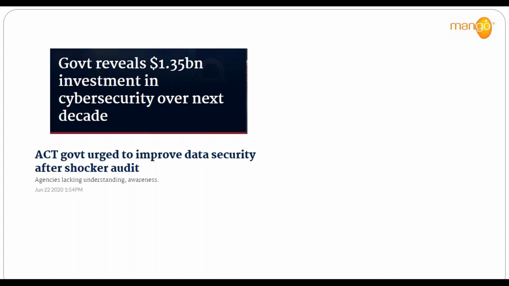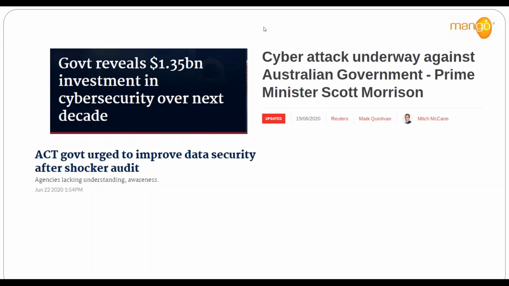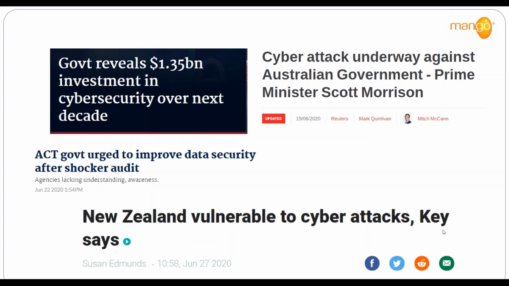The ACT government had a big audit recently, and it was a shocker. So they've been told to improve their data security. So there's that cyber attack underway. So that was last week. The Prime Minister announced that they were under attack. And then our ex-Prime Minister just recently, a couple of days ago, explained that New Zealand is also very vulnerable